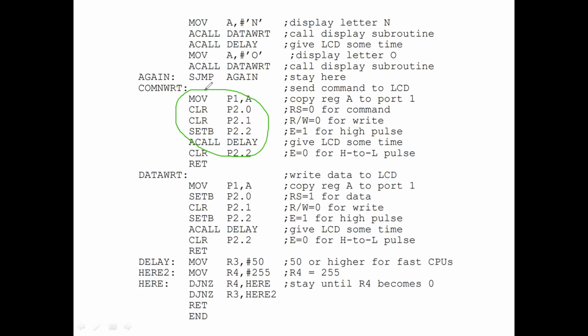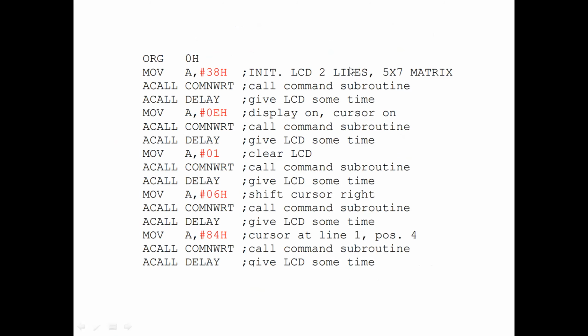Then return. A subprogram should always have a return instruction. Once it is written, the control moves back to the main program. Once you return from the subprogram, it comes back to the next instruction of the main program.